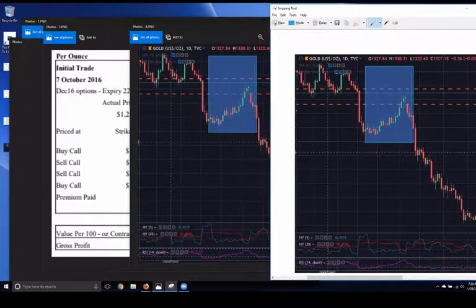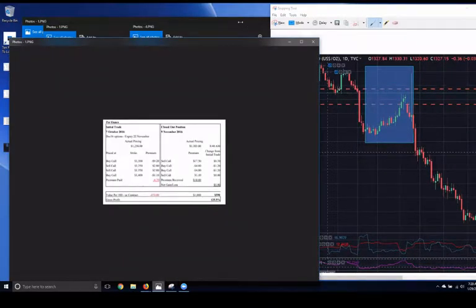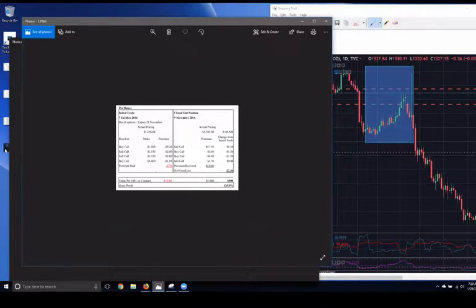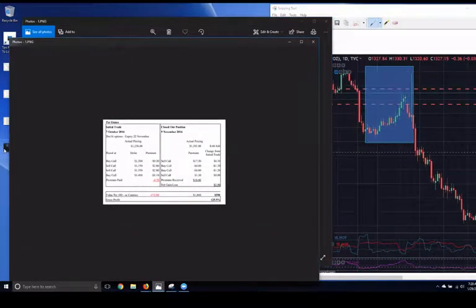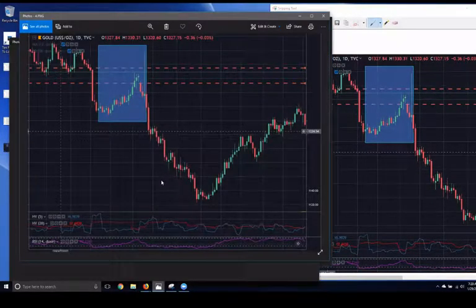Now, the thing is, well, how did you know the market would do this? No, I did not know the market would do this little spike here. But what I did know from the system that I use, is that the risk reward was there to be long